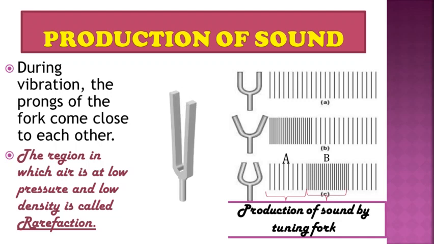In the A part, you can observe in the picture on the right hand side that the tuning fork is at rest position. But when we strike the tuning fork, in the B part the prongs move away from each other, and that is compression. At compression the density and pressure of air is very high. But in the C part, the density and air pressure decrease, and the prongs of the tuning fork come close to each other. This is called a rarefaction, at which the pressure is low and the density is also low.